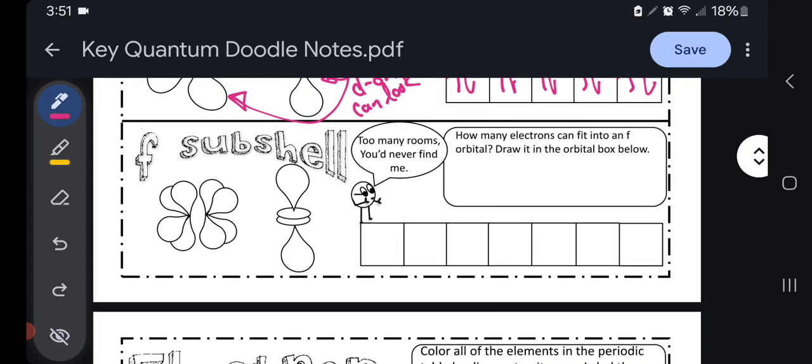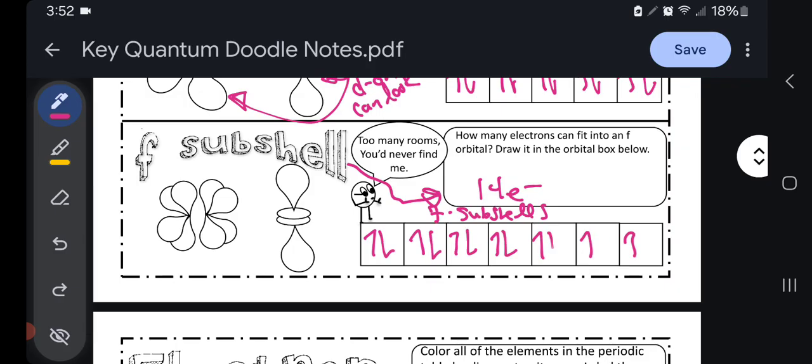Now the F subshell, remember there were 14 electrons possible. That's how many groups there are in the F subshell, which means there are 7 orbitals, because you go 1, 2, 3, 4, 5, 6, 7, 8, 9, 10, 11, 12, 13, 14. There's all 14 of my electrons. All right, these are the 2 ways a single F subshell, or F orbital, I should say,